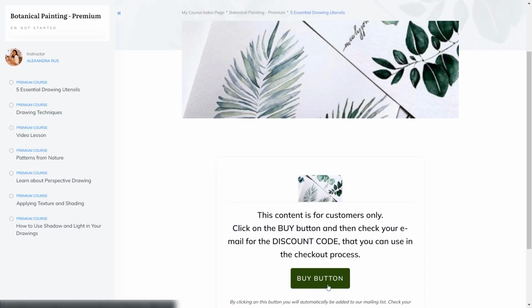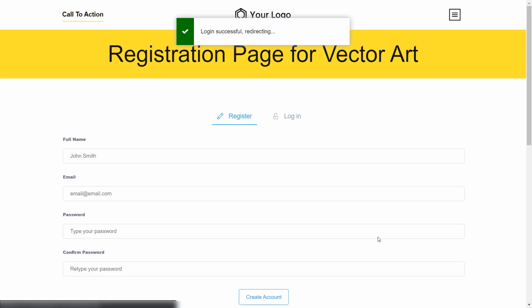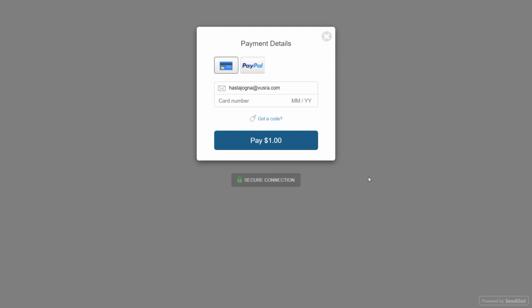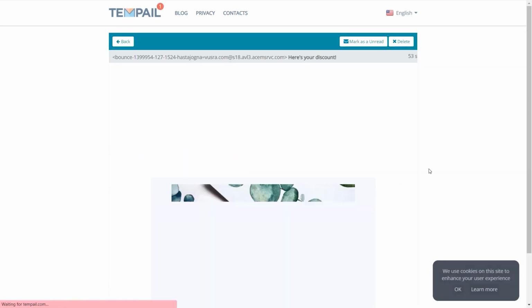Now I just need to go ahead and click on the buy button. This is already informing me that by clicking here, I'm going to be added to the mailing list and that I should check my inbox for a discount code. So I'm going to click on the buy button. And now before proceeding with the checkout, I'm going to go and check my inbox to see if I received the discount code. So here's the email. I can just open it